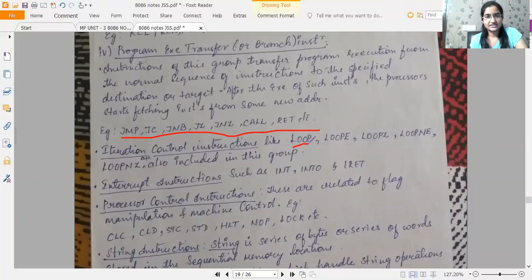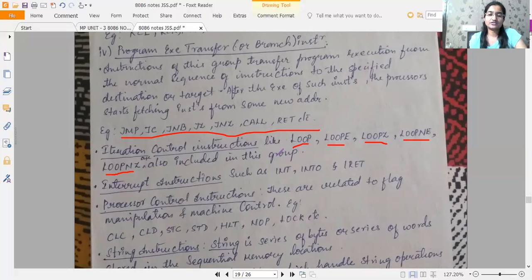So far we have seen what is a loop, but these instructions like loop if equal, LOOPE, loop if zero, loop if not equal, loop if not zero are also included in this group. Okay, that is program execution transfer instructions.